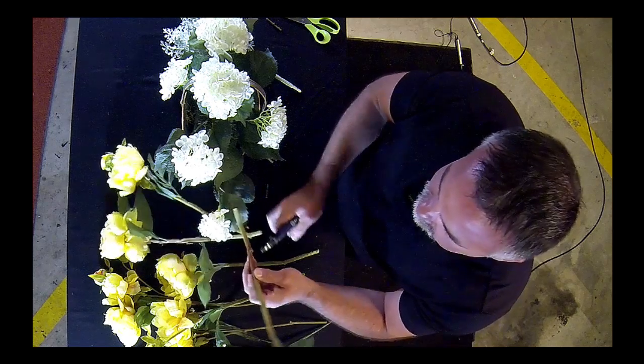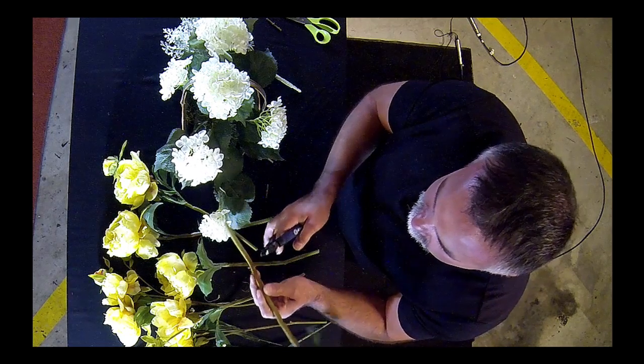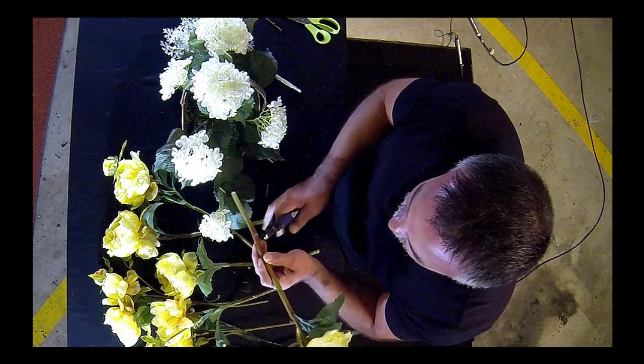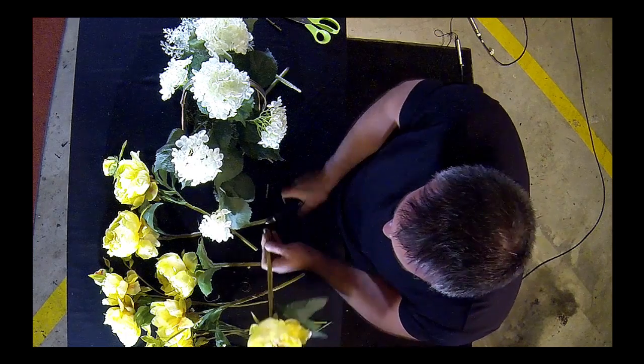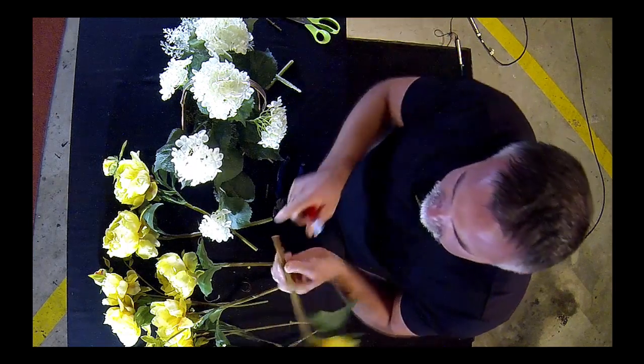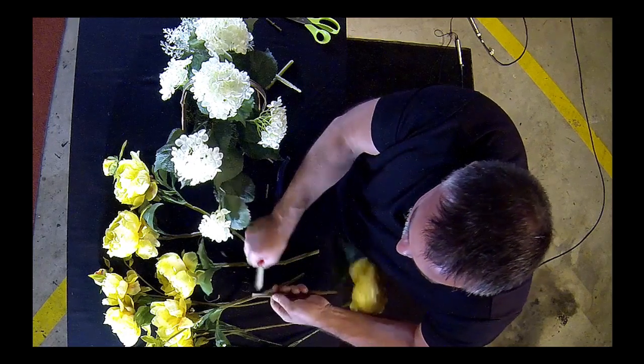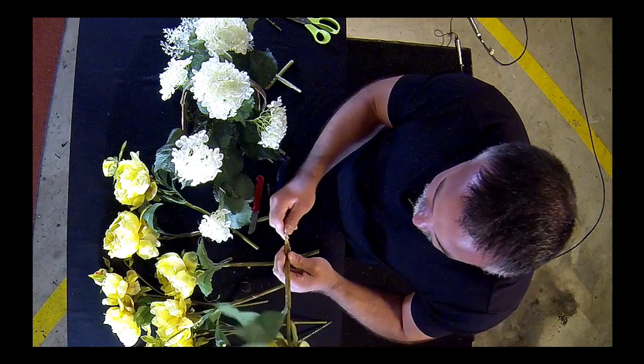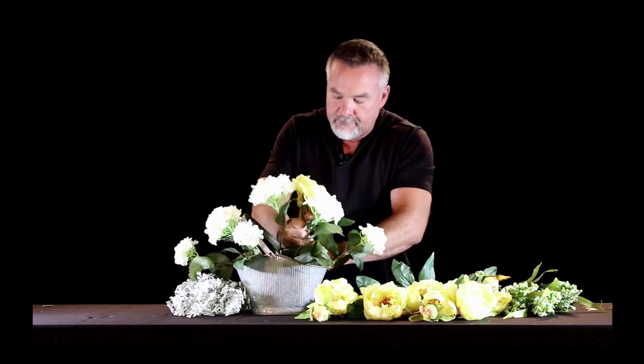So these stems are going to be a little bit long, so I'm going to cut maybe just about 3 inches off. There's actually a little nub right there. That makes it hard to get into the foam, so I'm going to cut right above that nub. And one of the things you may want to do, these stems are real thick, is just trim a little bit of that away, so that you're not trying to get a stem that's almost the size of your pinky. This is a lot easier to insert into the foam. So I'm going to push that in,